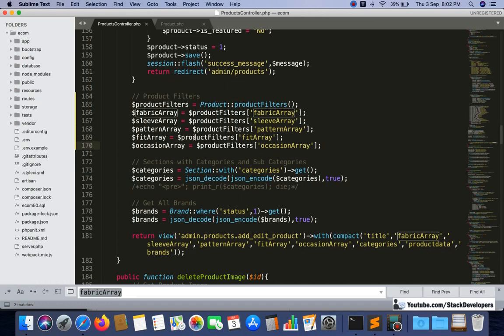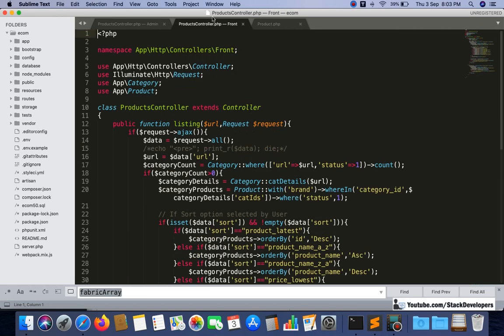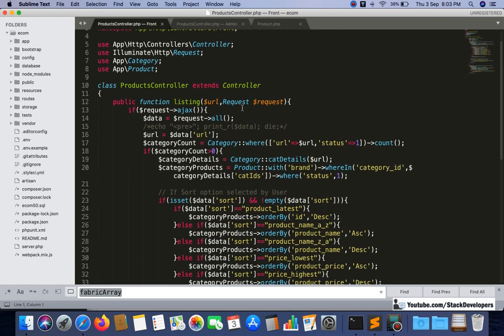Now we can use these in the front as well. So now we are going to update the listing function. That is our basic task of this video. We have also updated the filters at the admin panel, because I am going to use the same function here for the front as well.